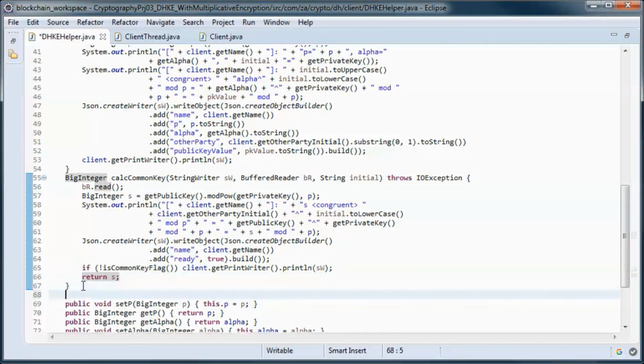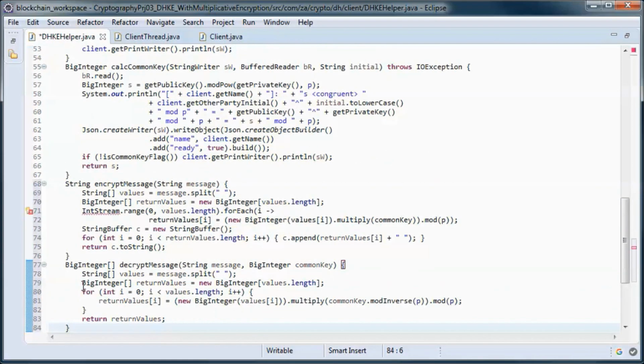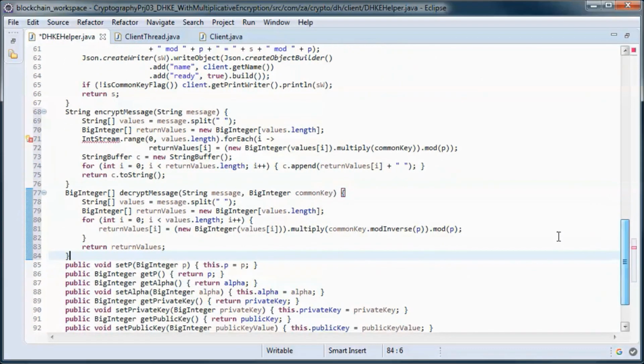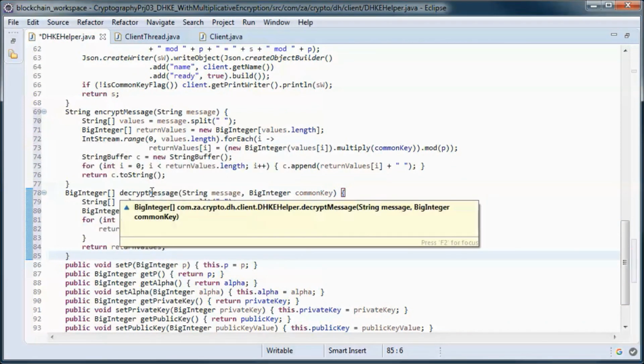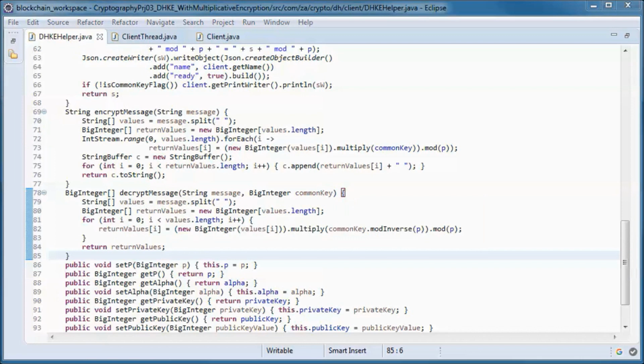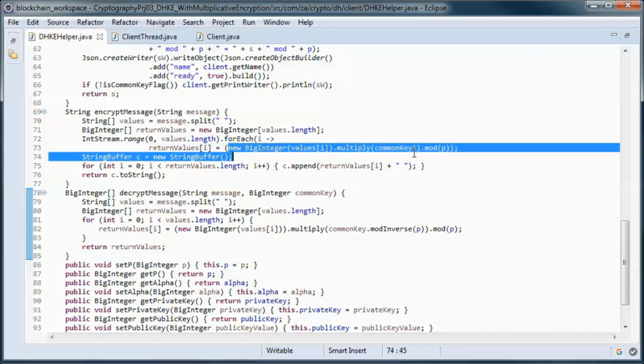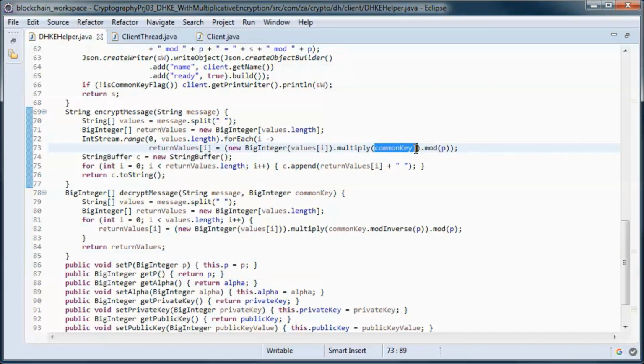And those two methods do the encryption and decryption using that common key. So here we are using that common key to multiply the passed in message in order to encrypt it.